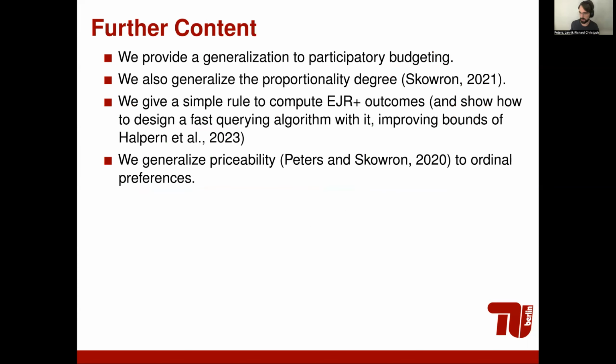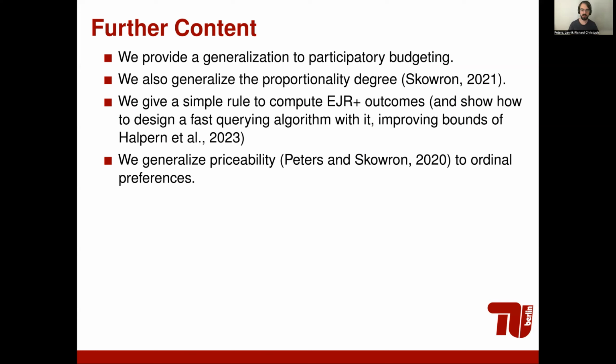Now there's a lot of further content in our paper. Namely, we have a generalization to participatory budgeting, which is a cool new topic dealing with, let's say, a new democratic paradigm, which tries to divide a budget among projects based on votes of people. So you can think of it as multi-winner voting, in which the candidates have costs, and there's a budget which can be spent. So like a knapsack problem. Naturally, with knapsacks, everything is much more difficult, but at least for one special case, we were able to